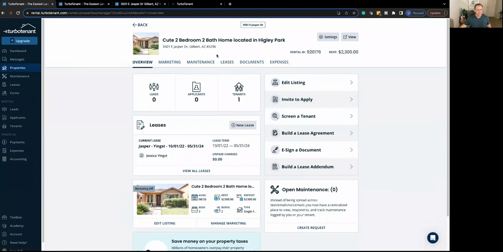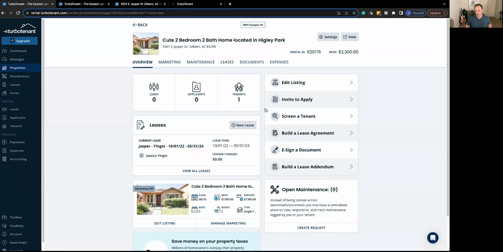Okay, so that's kind of the major overview of the tenant management and the marketing and the major components of the free software. The next thing I kind of want to talk about is the premium. Now, the premium is an upgrade. It runs $8.25 a month. Some of the things that come with that are things like, some of these things to me,